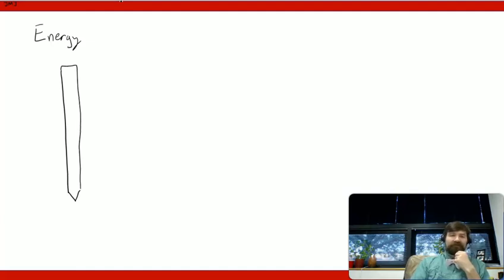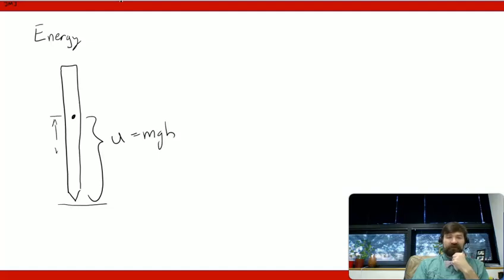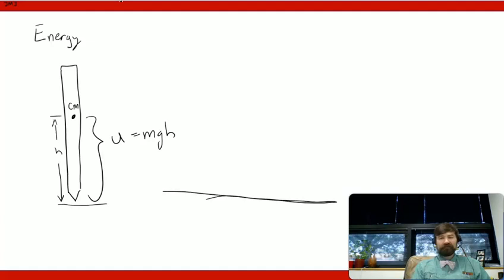All right, center of mass is right here, ground is here, so we would have a potential energy of mgh, where this right here is my height to, let's say, the center of mass of the object. And if, on the other hand, the object is lying on its side, so the ground is like this, and now I have the object doing this kind of thing,